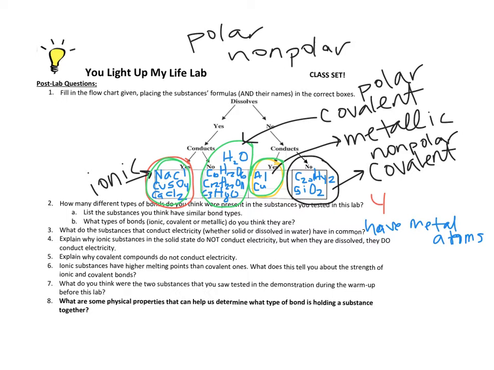Now, number 4 kind of goes on to explain why ionic substances do not conduct electricity when they're solid, right? So when they were in the little dishes by themselves, you put this conductor in there and it did not conduct electricity at all. But when you dissolved them, they do conduct electricity. So the big difference there is that when it's a solid, the metal and the non-metal are attached. But when they are dissolved, the metal atom is no longer attached to the non-metal atom, and electricity can now be conducted. Okay, so number 4, we're going to say when dissolved,